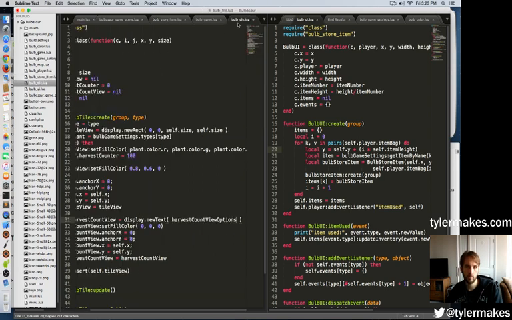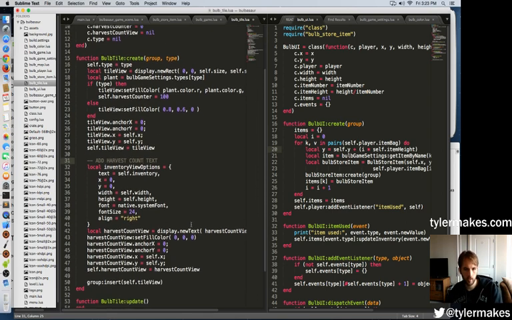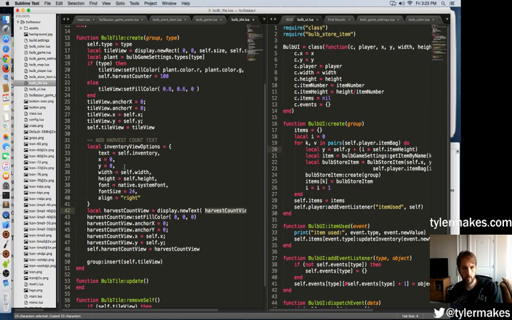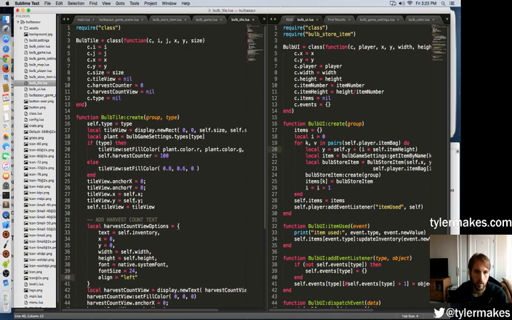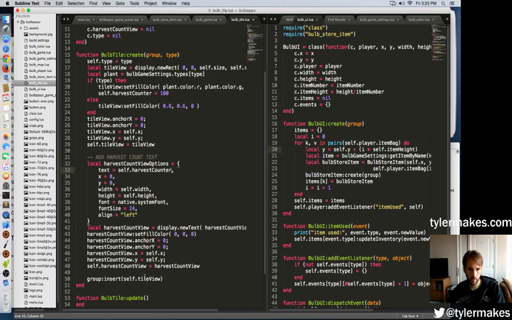Get the comment as well. Harvest count text, cool. I'm gonna put this here. We're gonna leave this aligned left. The text is of course going to be the harvest counter. And everything else is pretty much gonna be the same,